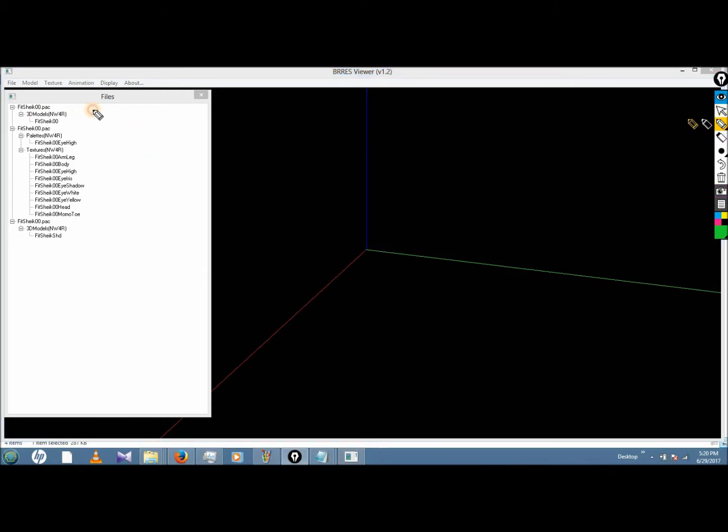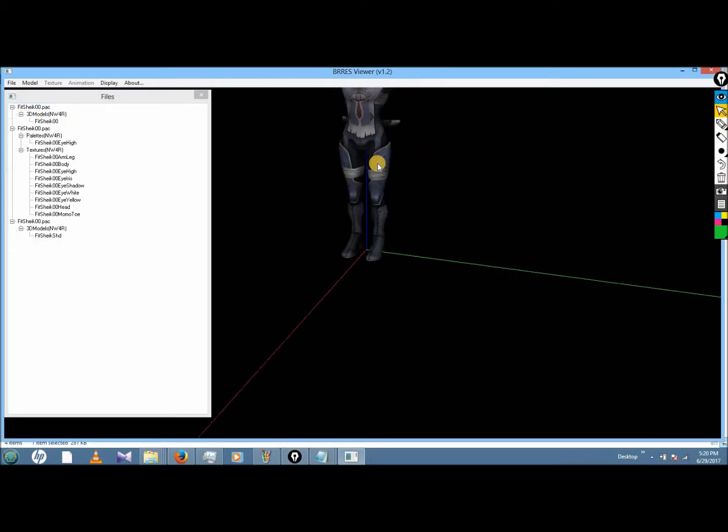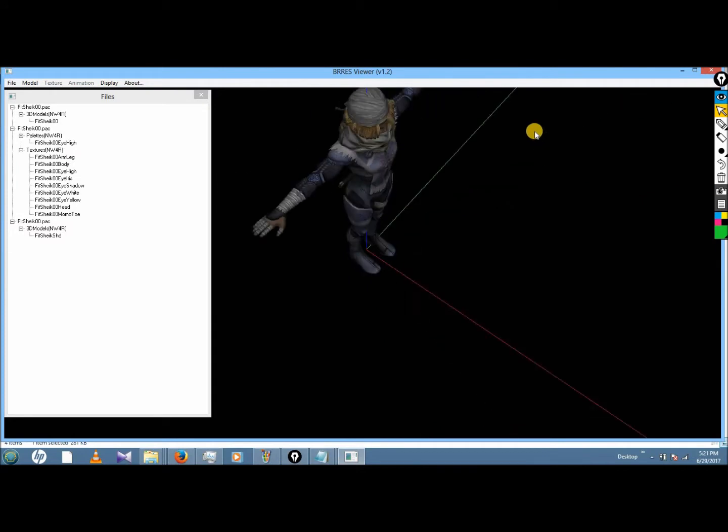you'll see this kind of hierarchy right here where it has 3D models and then textures and then another 3D models, but that one's going to be the SHD, which you don't need to worry about. So you're going to double click on this one right there. As you can see here, it loads the model in there.